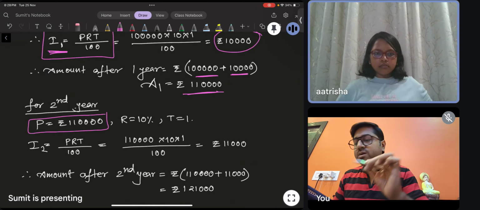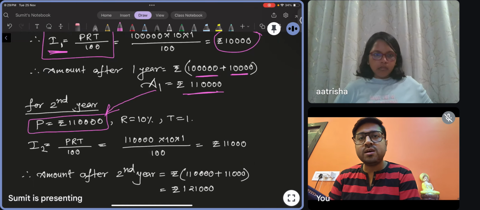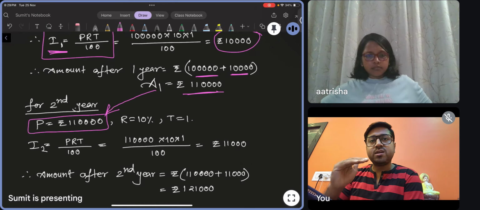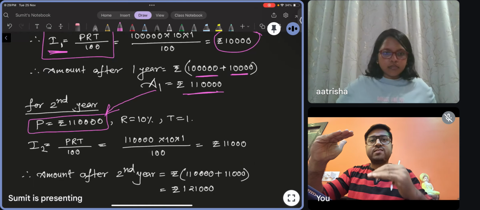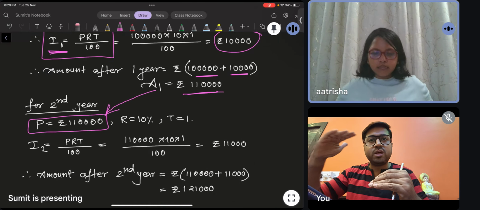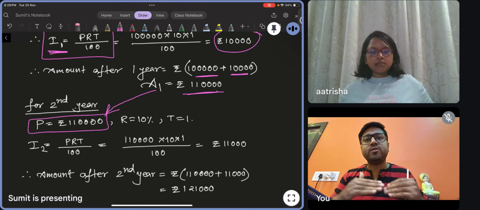So what do you have to remember? You have to remember this. Always the amount will be the principal for the next year. What I have said: for every successive year, the amount for a year will be the principal for the next year. ঠিক আছে? অ্যামাউন্ট বের করলে তুমি ফার্স্ট ইয়ারে সেটাই পরের প্রিন্সিপাল হয়ে যাচ্ছে। এটা অল টাইম কন্টিনিউ হবে।